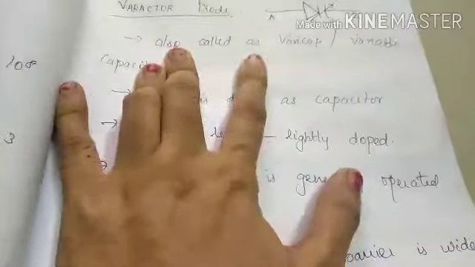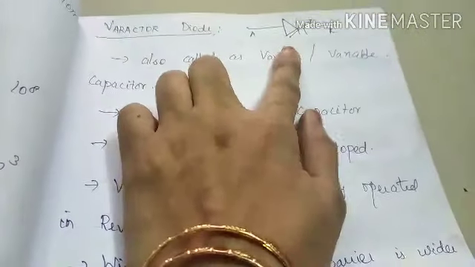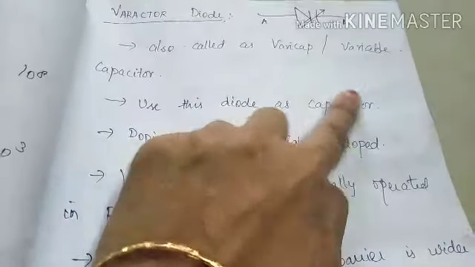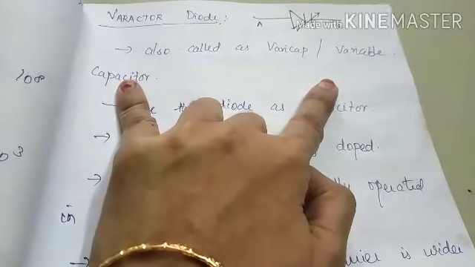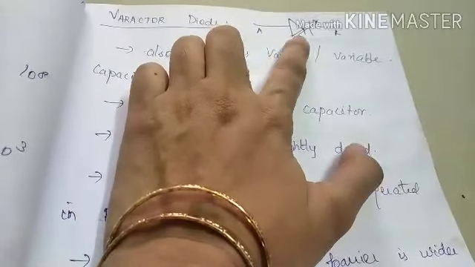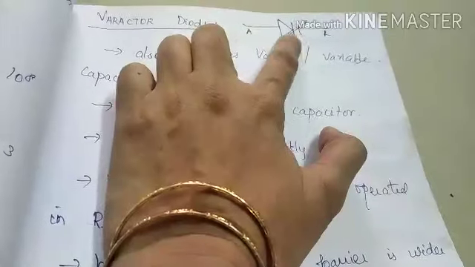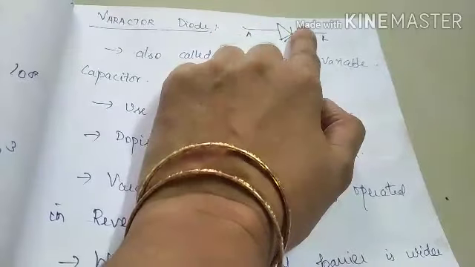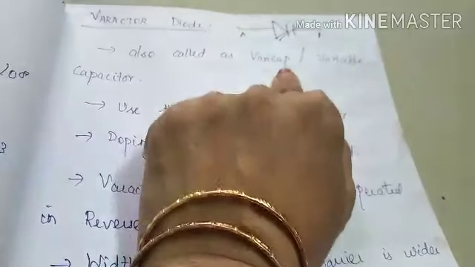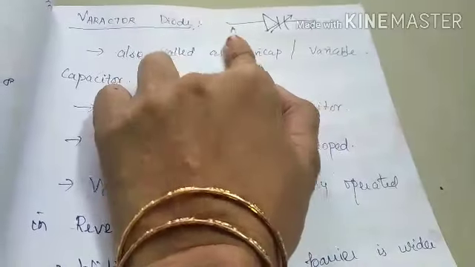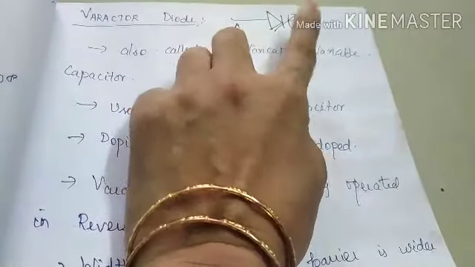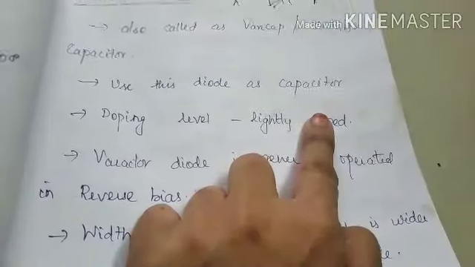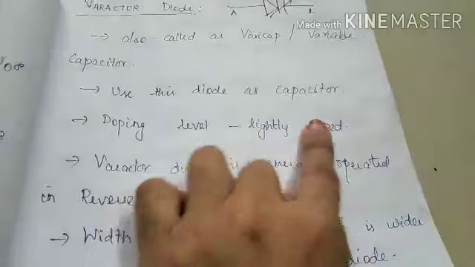See, our next type of diode is the varactor diode. This is the symbol for the varactor diode. The varactor diode is also called a varicap or variable capacitor. See here, the anode is connected with the capacitor symbol, right? So this is a capacitor, and it is in variable condition. This arrow mark represents variable. So variable capacitor, varicap or varactor diode. It also has two terminals, that is anode and cathode, right? So this diode can be used as a capacitor. The speciality of this diode is that it can be used as a capacitor.